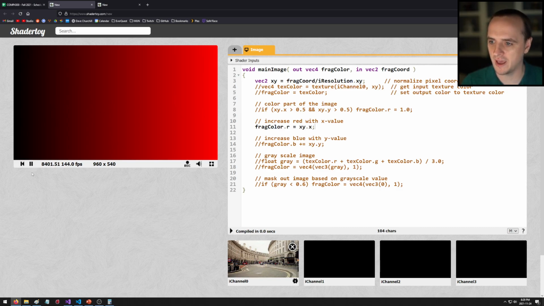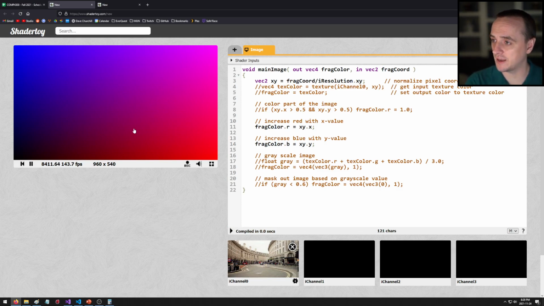So as we go up in X, we go up in red as well. Then we can also increase the blue based on the Y. So here we're back at that same place that we had it at in the Book of Shaders. Okay. But now let's do something a little bit more interesting, because in your games and stuff, you're going to